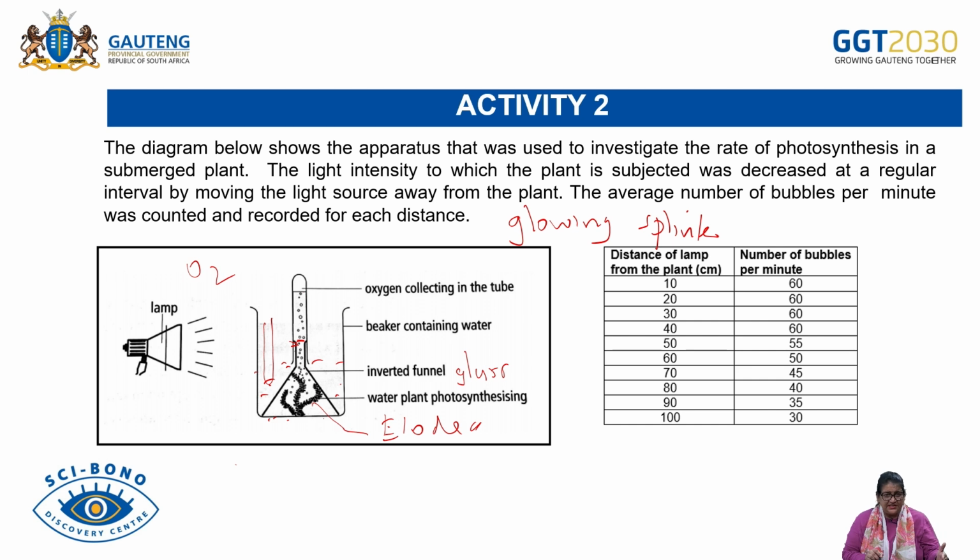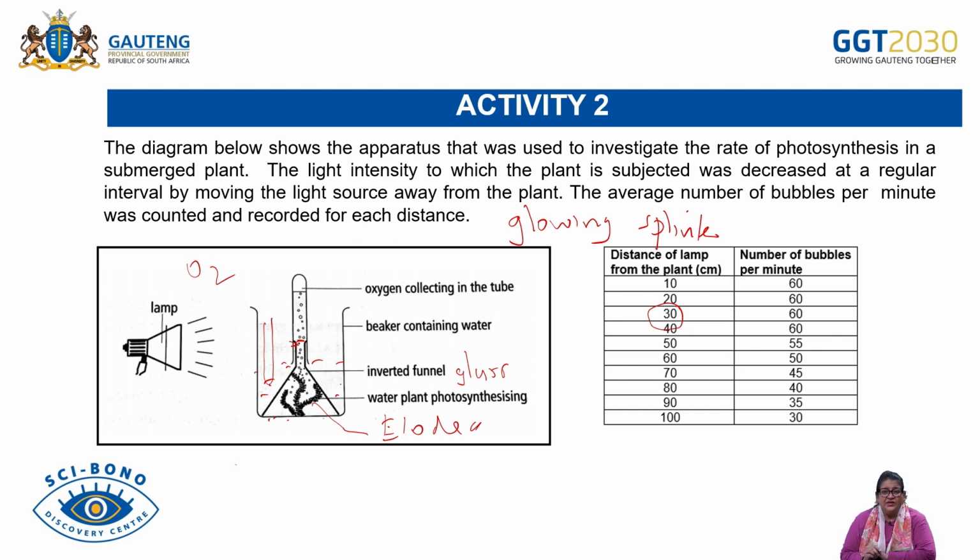So at 30 centimeters, as you took it from 100 centimeters to 90, then when you brought it to 30 centimeters, you've seen that was the highest amount. When you brought it to 20 and 10, it still remains 60. So the most suitable distance was at 30, because even if you brought it closer, it still remained at 60 bubbles per minute. Okay, learners, so here the average number of bubbles per minute was counted and recorded for each